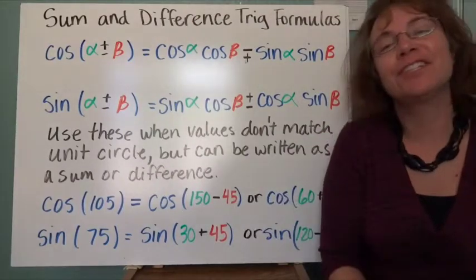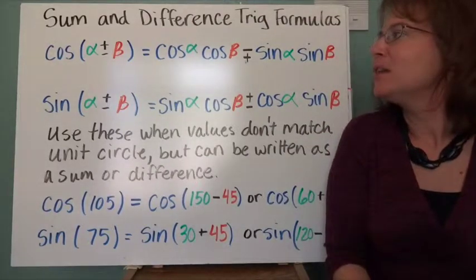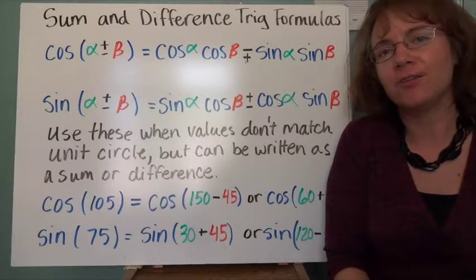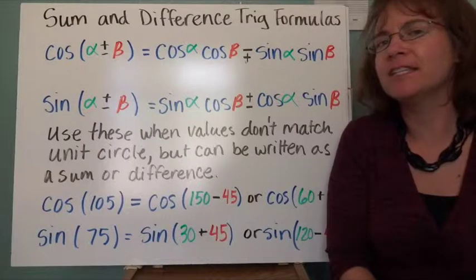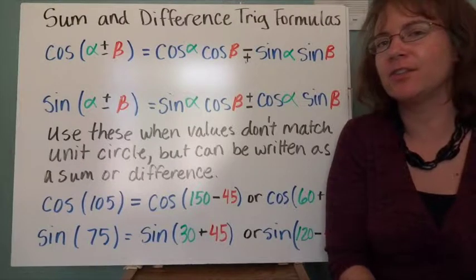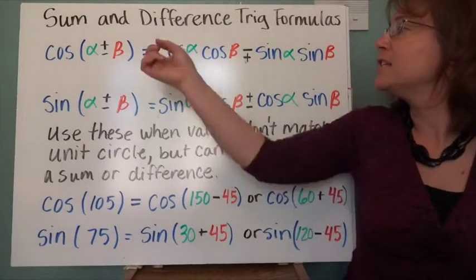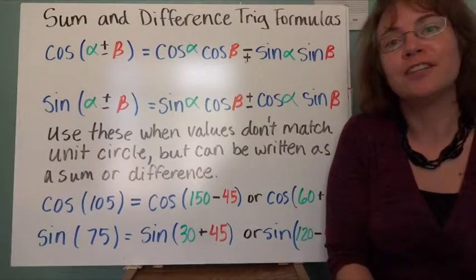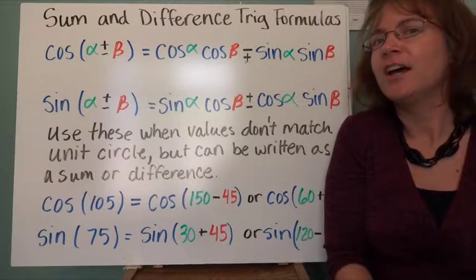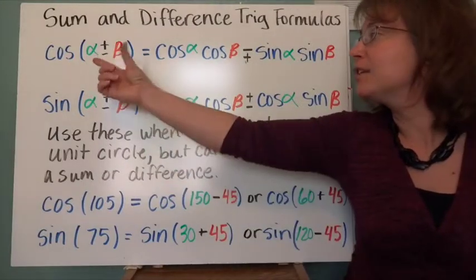The sum and difference trig formulas. So if we have a value that's not on the unit circle but can be written as a sum or a difference of angles that are on the unit circle, we can solve it using the sum and difference formulas. So these formulas can be derived, and I encourage you, if you're interested, look and see how this formula comes